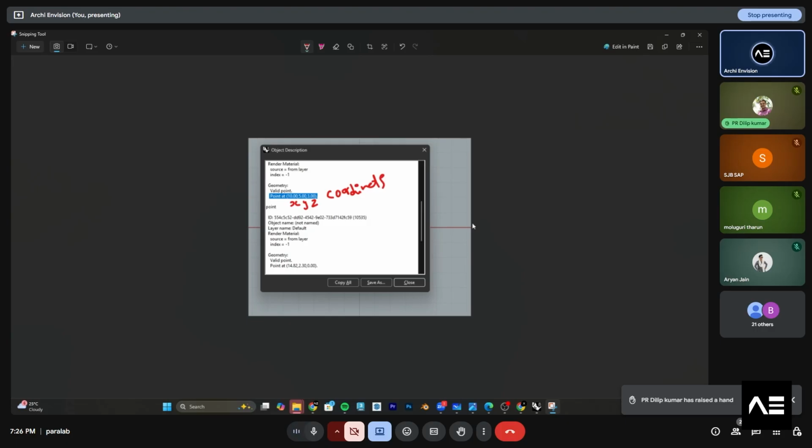For example, if you randomly place a point, select it and type what, it will show you where the point is located. So for example, this random point has 14 on the x-axis, 2.3 on the y-axis and 0 on the z-axis. That's how a single point is placed and identified.